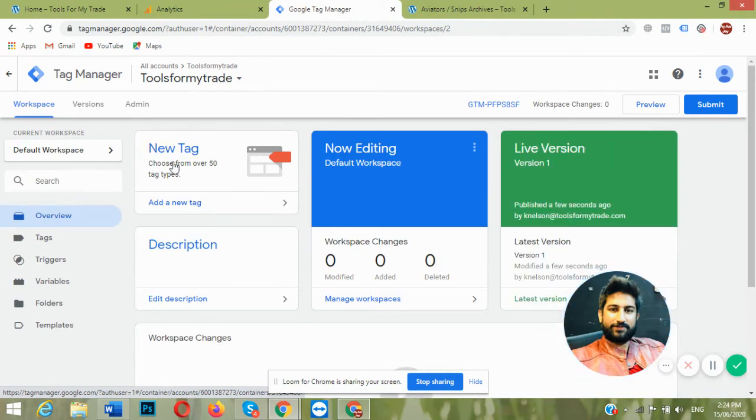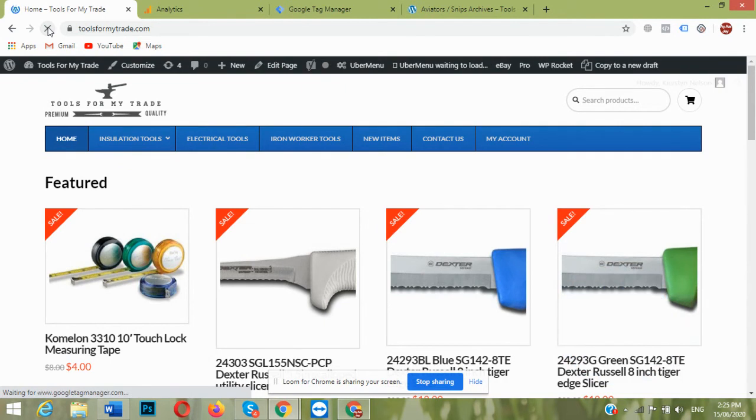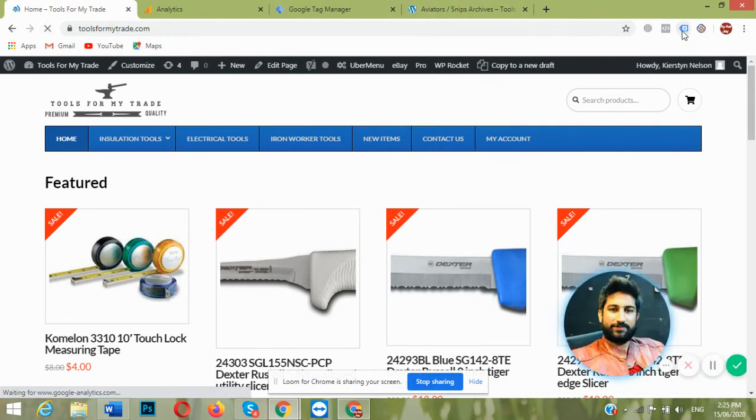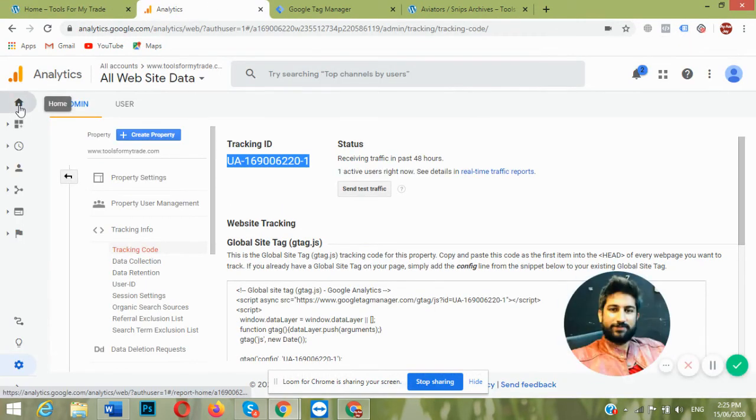Now we'll check whether Analytics and Tag Manager are both working on our WordPress website. Just reload the WordPress website and check in Tag Assistant. Yes. Now it is showing that Google Analytics and Tag Manager are installed on the WordPress website successfully, and Google Analytics is also tracking.